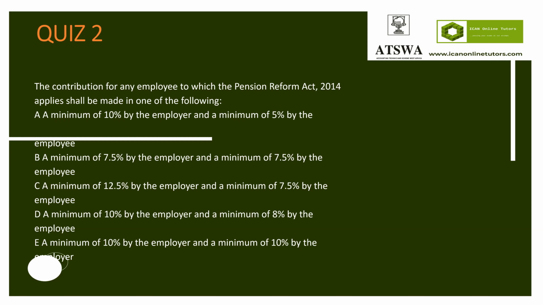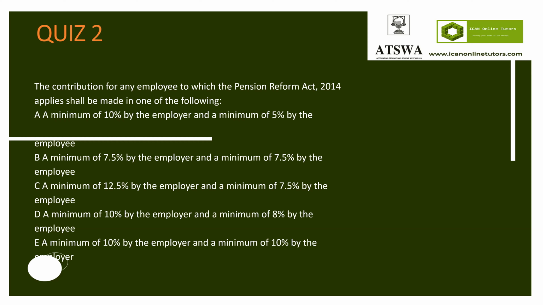So we are still on our quizzes. Contribution for any employee to which the Pension Reform Act 2014 applies shall be made in the following way. A, a minimum of 10% by the employer and a minimum of 5% by the employee. B, a minimum of 7.5% by the